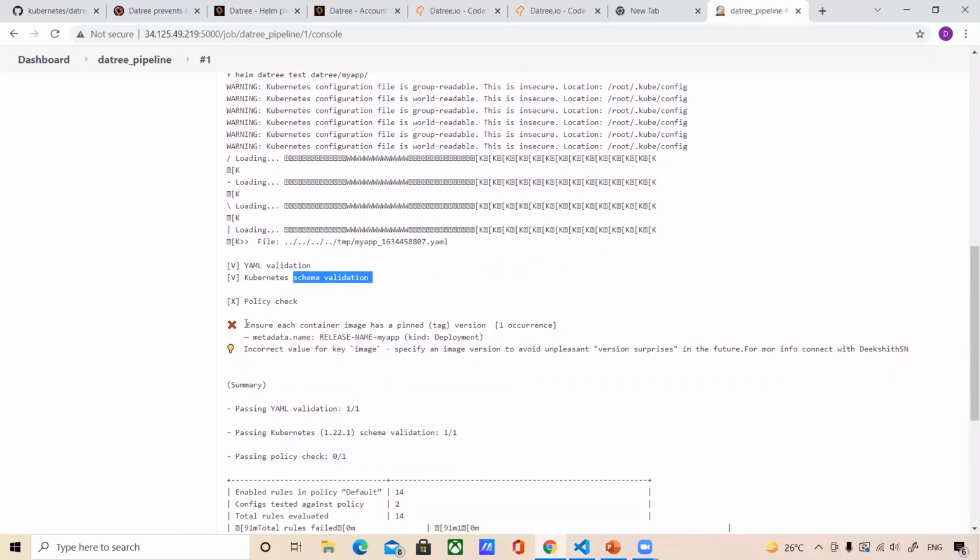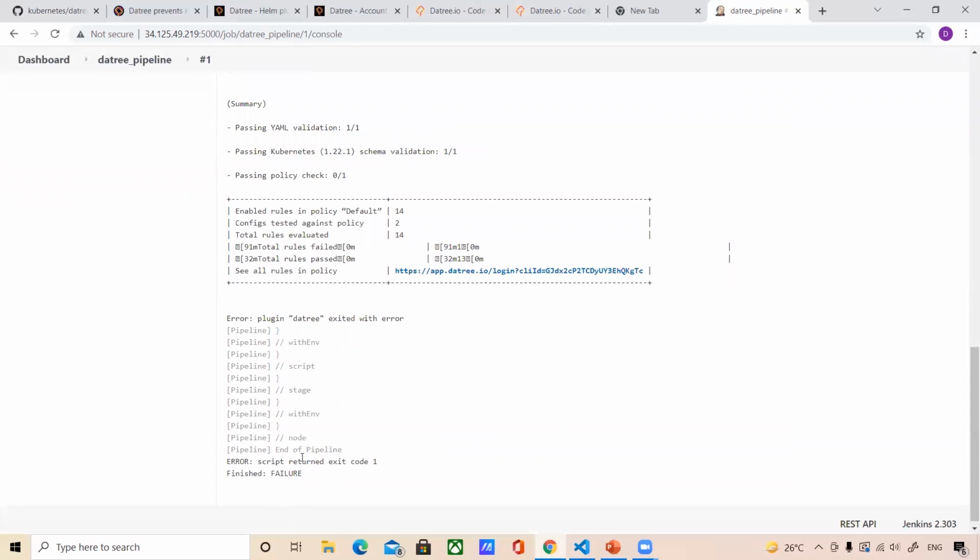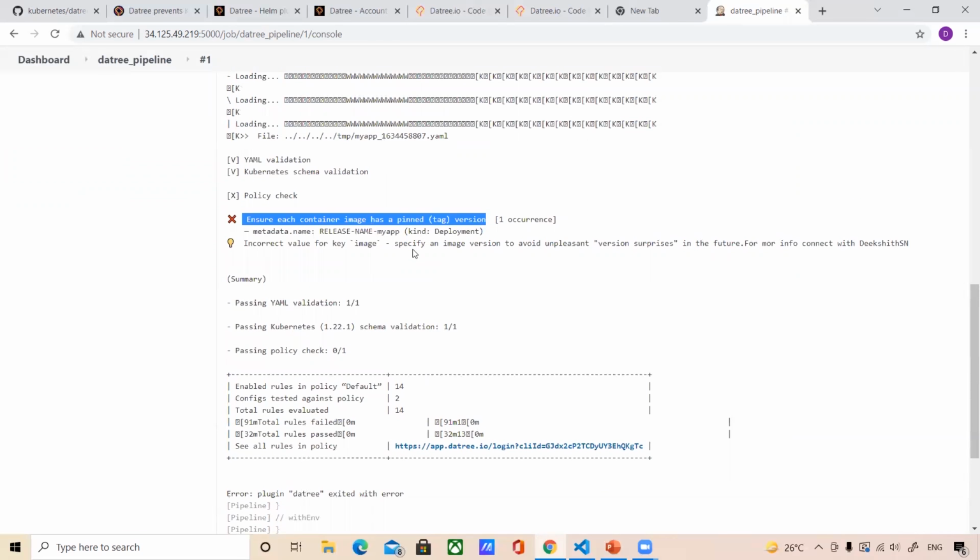And on the policy check, if you can see here, I'm violating one policy, which is that the image version is wrong. So this is how, at the early stages of CI itself, I'm failing my pipeline if something has not been followed. That means we are informing developers to correct the manifest files at the beginning itself. Now we know what the problem is, which is the image tag.